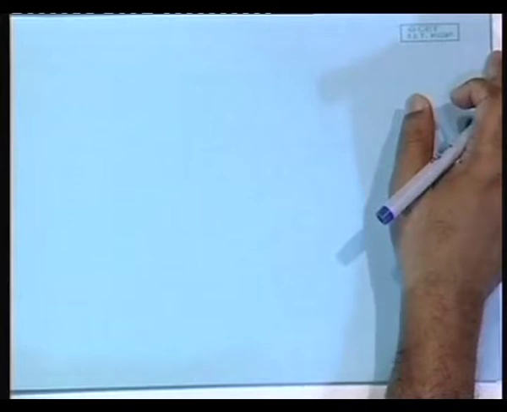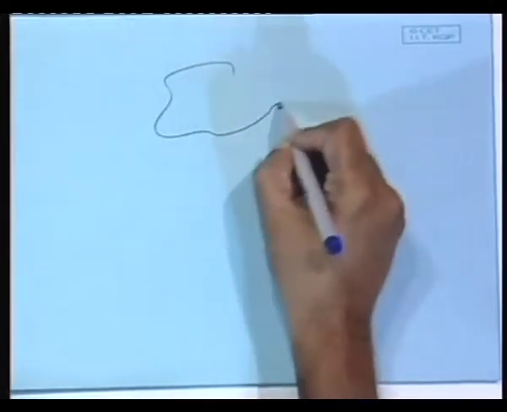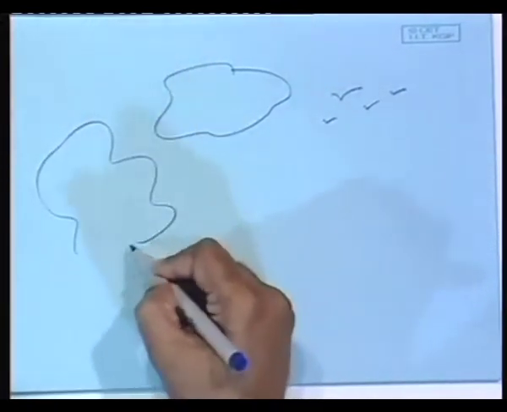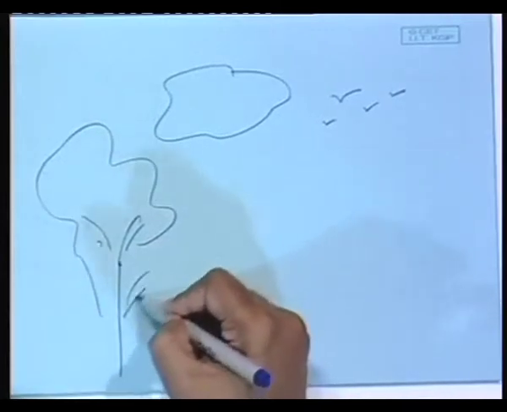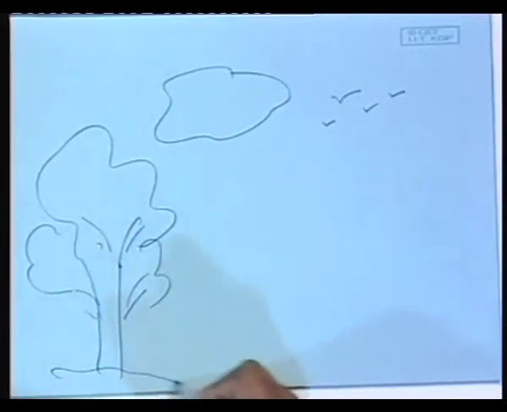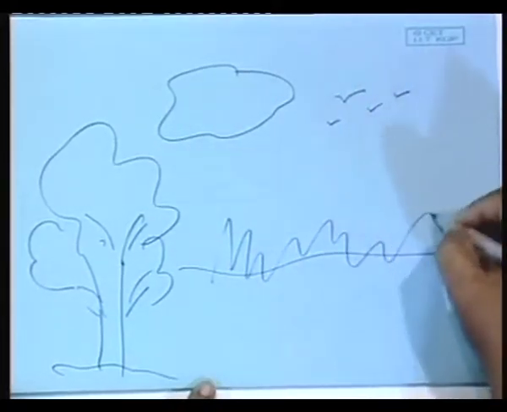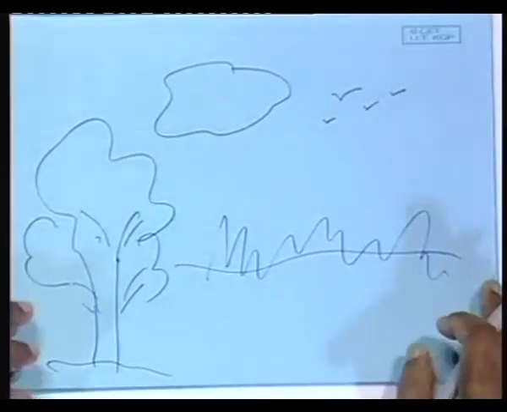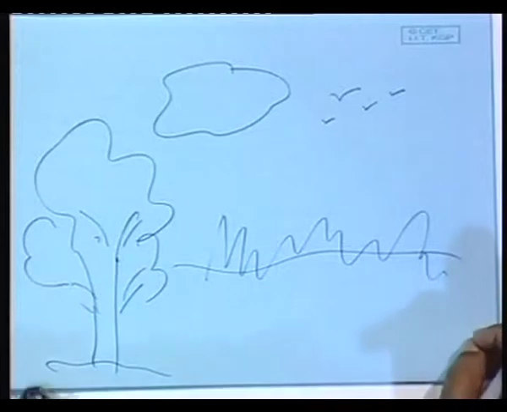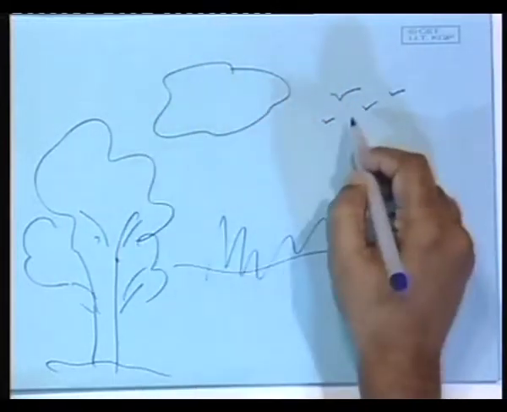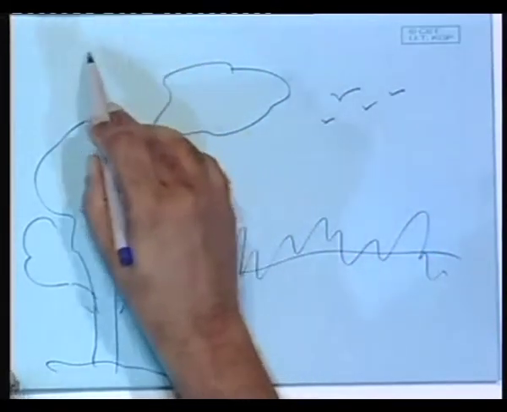say right now I do not have an image on this, but imagine that on this you have got some kind of image, say some kind of a cloud here, some birds flying here, a tree here, and some whatever it is. I mean, you can imagine any kind of scenery. Now, here we have the clear sky, here we have the cloud, here we have these things. Now, you see the sky,